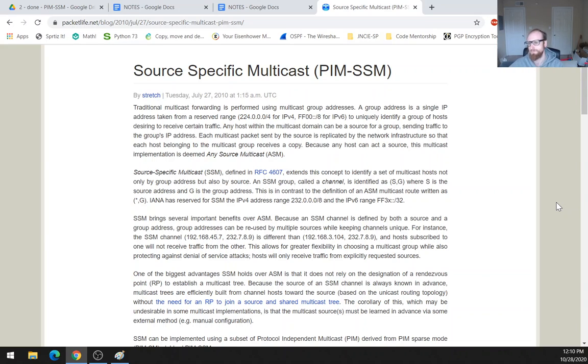FF3X::/32. SSM brings several important benefits over ASM because an SSM channel is defined by both a source and a group address. Group addresses can be reused by multiple sources while keeping channels unique. For instance, the SSM channel 192.168.45.7, 232.7.8.9. So this is going to be